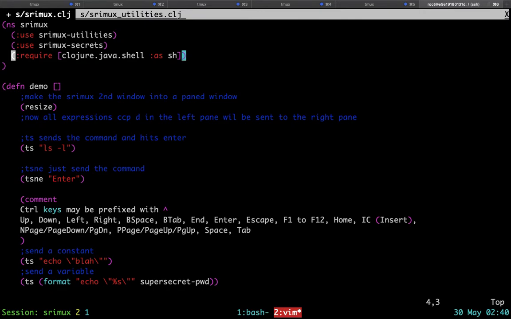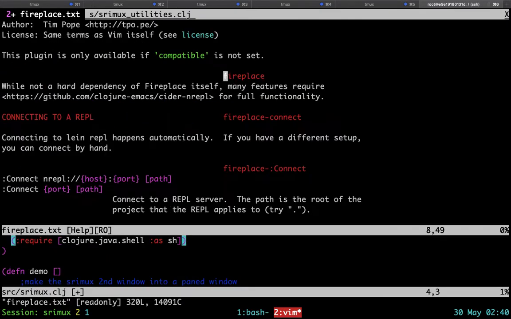So you can get help on Fireplace commands by hitting :help from within Vim like this. You can see that the help is loaded in a horizontal split and the command to connect is :connect. Let's close this split and try the command to connect. :q actually closes the buffer.